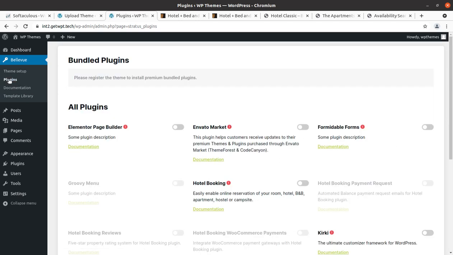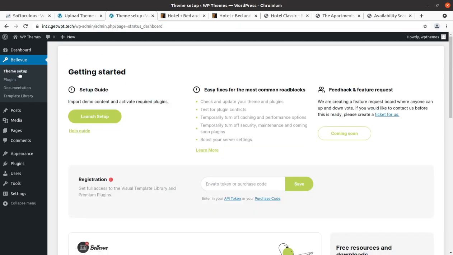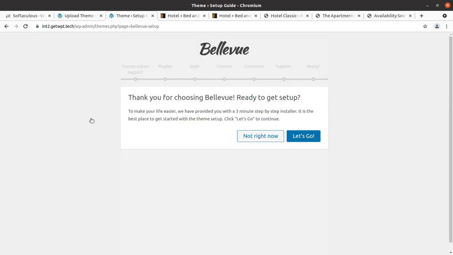other options like plugins, and these plugins need to be installed, but we can check with the setup, and I'm launching the setup now. Let us see what happens. And okay, so it is a theme setup wizard, and we will go with this wizard. It is the easiest method to install the theme, and I hope it will work. Let us go.